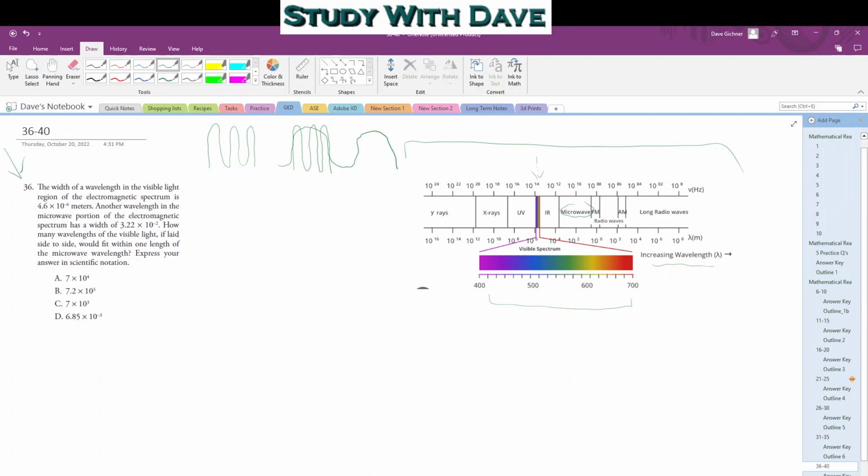So that's just an intro to this problem. How many wavelengths of visible light, if laid side to side, will fit within one length of the microwave wavelength? Express your answer in scientific notation, which basically just means some integer times 10 to some power. That's scientific notation. So, we talked about it right here already. How many? 4 times 10 to the negative 6, a lot smaller than 3.22 times 10 to the negative 2. Okay? So basically, how many of these